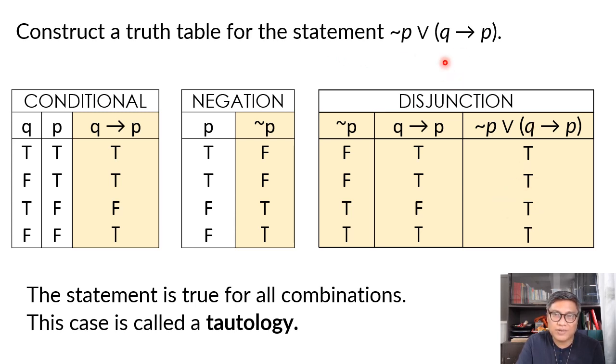So if this happens, then this kind of compound statement is what we call a tautology. So with any combinations, the result is always true. And that is what it means by tautology. It's not really a theory, but we can also say it's like a theory, class, in that it is always true as long as you prove that it is a true statement. Another example, if we have,